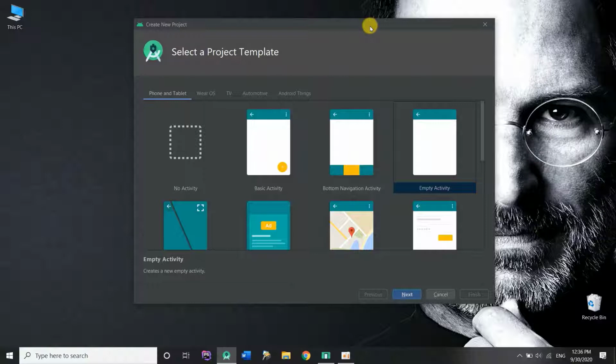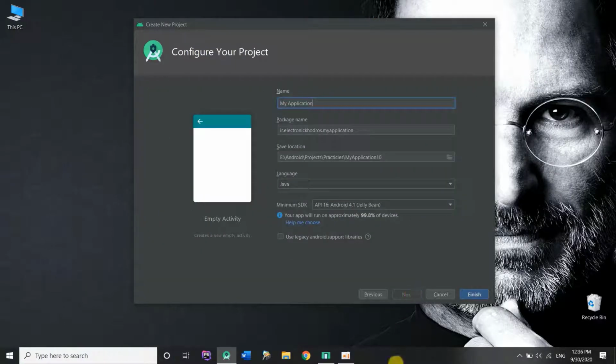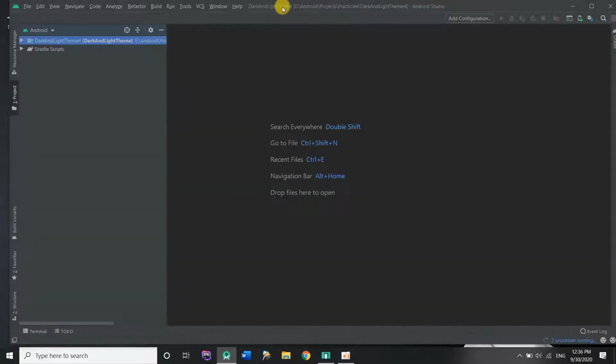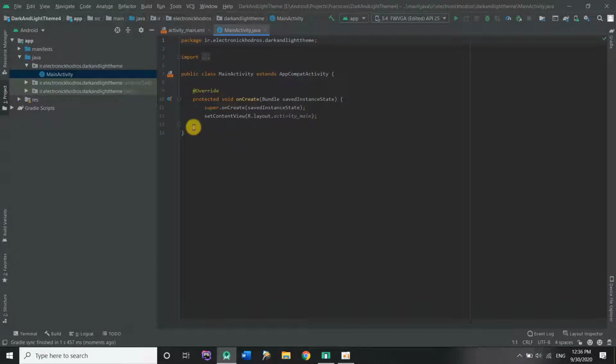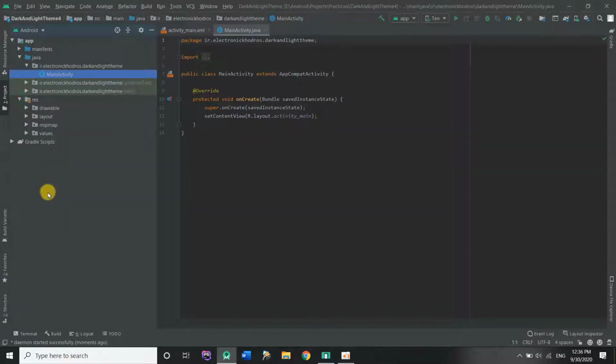Alright guys, let's start. The first thing we need to do, we go through empty activity. Its name is dark and light theme, for example. Yes, it's a good name. And I press finish. I start my project. When I start my project, the first thing I need to do, I go through resources, values, and the